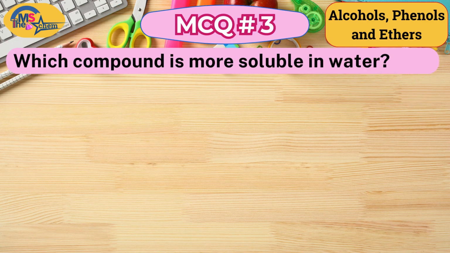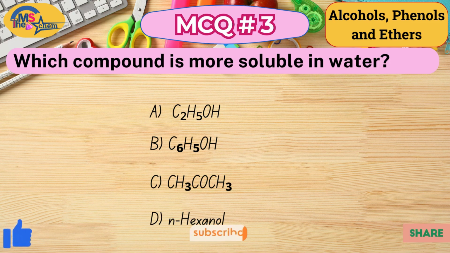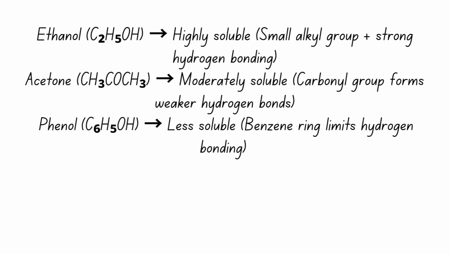And now question 3 is which compound is more soluble in water? Here again four options are given. Option A is C2H5OH, option B is C6H5OH, which is phenol, option C is CH3COCH3, which is acetone, and option D is n-hexanol. The true answer to this question is option A, C2H5OH, which is alcohol, and we know that alcohol forms hydrogen